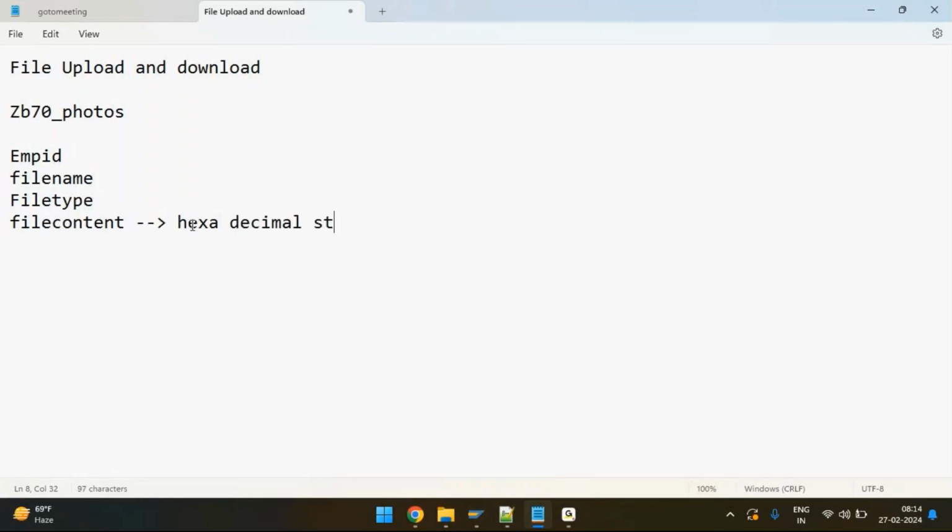Hexadecimal string means the file content will be converted into this format, which we call a hexadecimal string. Basically 0 to 9 and A to F. If your string contains only the digits 0 to 9 and the characters A to F, then that particular string is called a hexadecimal string. And from the front end, when you upload the file,